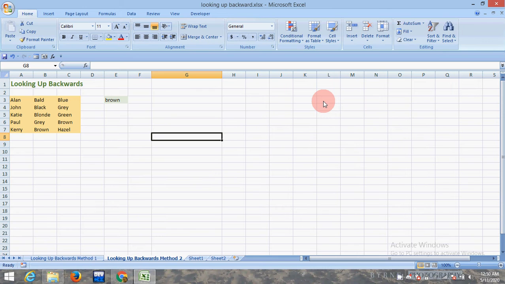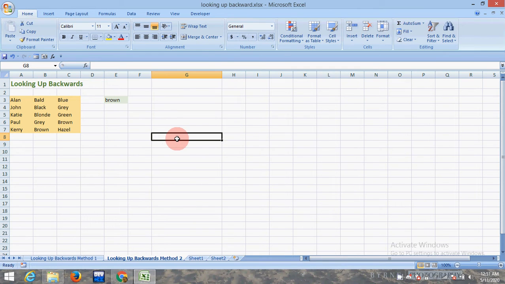Today I am going to show you how to look backwards with the CHOOSE function. I just wanted to show you another method of doing exactly the same thing. This one is also comparatively new to me, but try them both, and whichever works best for you, stick to that one. They both do exactly the same thing. But this method uses VLOOKUP together with another Excel built-in function, and that is the CHOOSE function. Let me give you a quick look at what the CHOOSE function is.